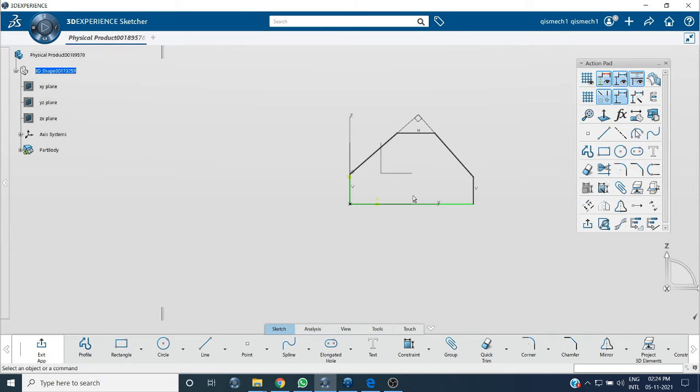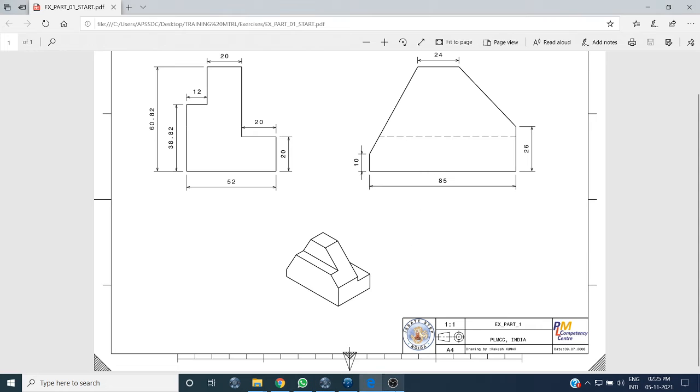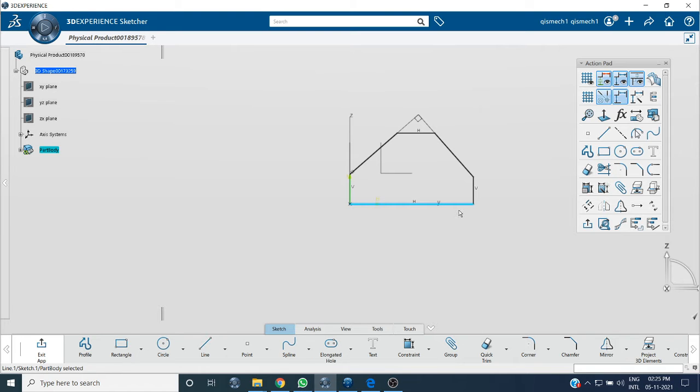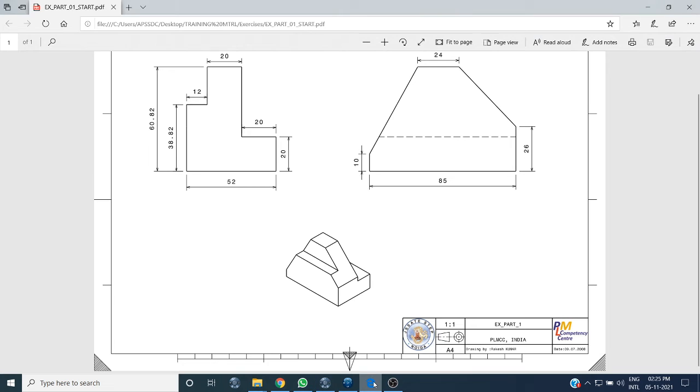So this dimension, what is this dimension? That is 85. What is this vertical dimension? The vertical dimension is 60.26, and for the horizontal it is 24 and 10.